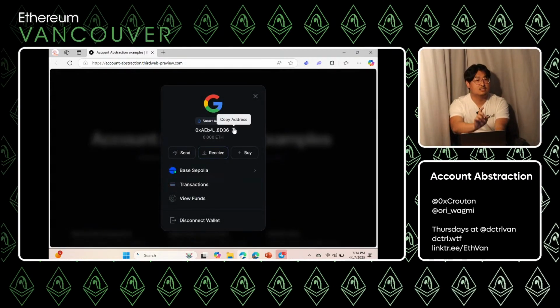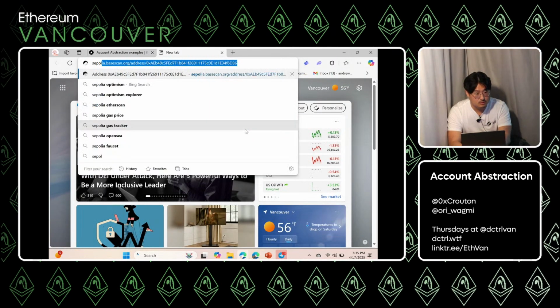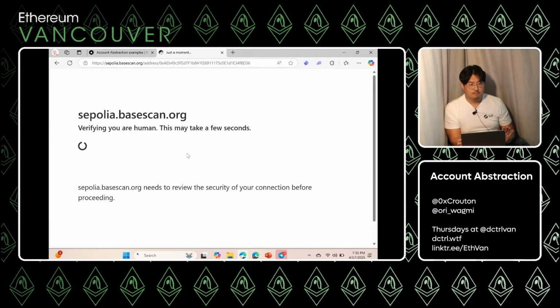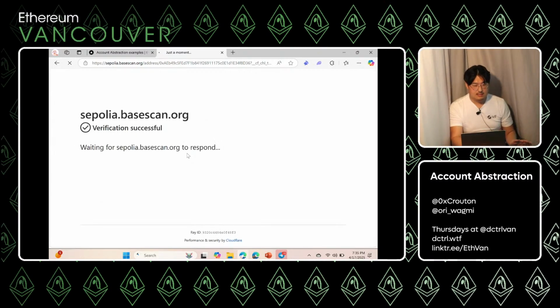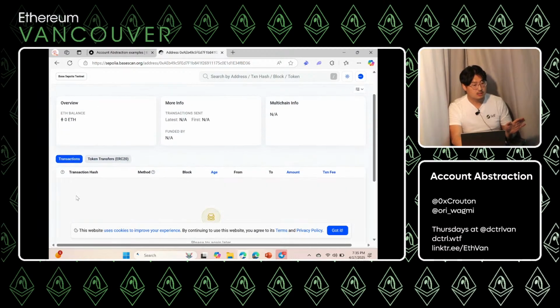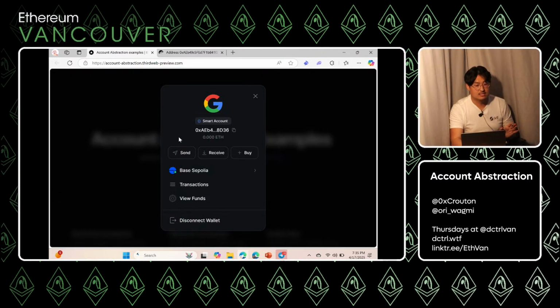These smart account wallets are deterministic. So based on however I identify myself on chain, it can create the smart contract wallet. And if we look at it, this is Sepolia, Base scan, hopefully. This is all on the Base blockchain testnet. So this is a non-existent address, right? It's an address, but there's no transaction, there's no tokens, it's never been seen. This is just a non-existent address right now. Because again, the smart contract account hasn't been deployed.